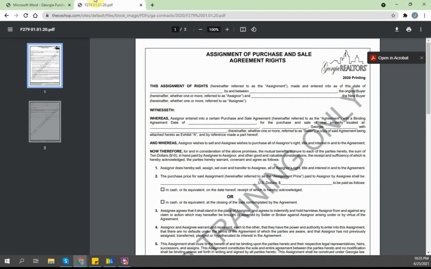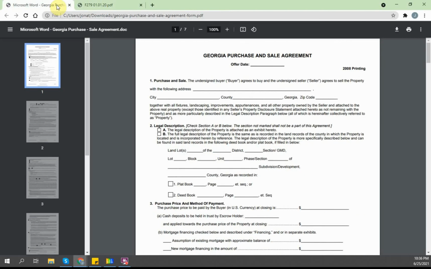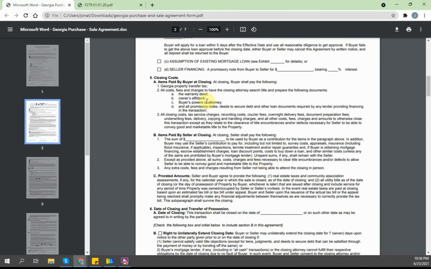Now, let's go back to this contract real quick. Before, I said that every real estate contract is assignable except for a listing agreement. I didn't mention that some purchase agreements have a no assignment clause. Let me see if I see the assignment clause on this one. I'm pretty sure it has it.